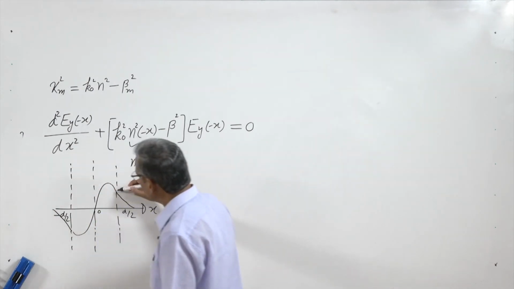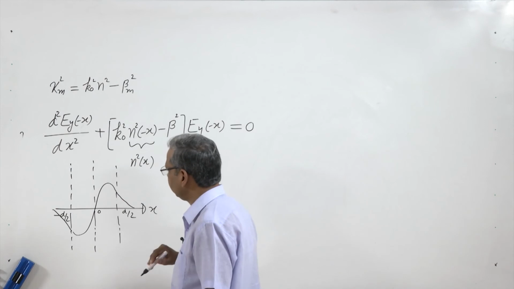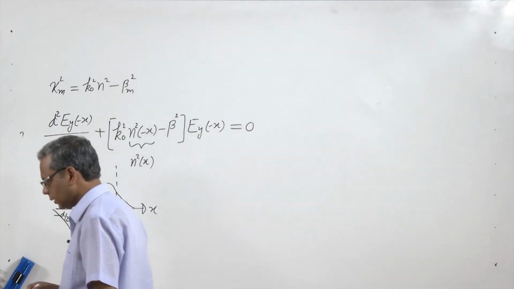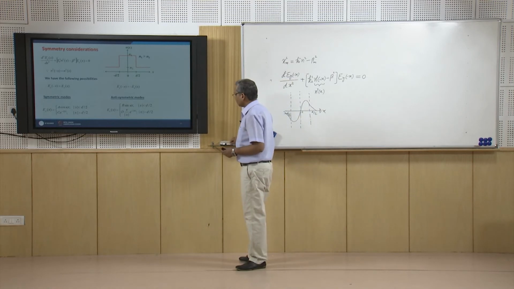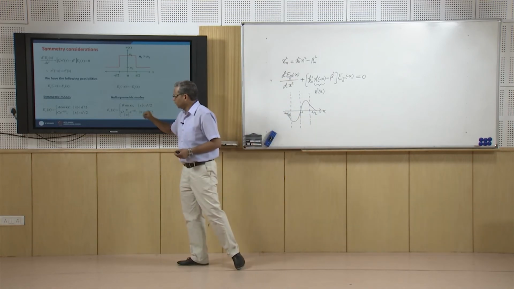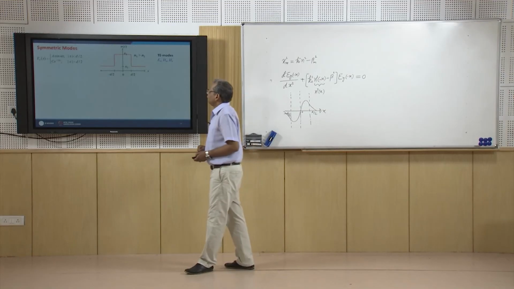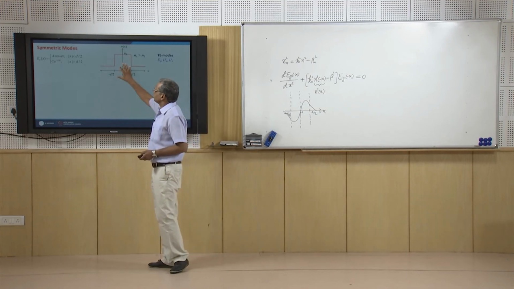So, here you start from positive side and decay down, here you start from negative side and then decay down. Okay. So, to take care of that sign I will have to put x over mod x here. So, these are the symmetric modes,